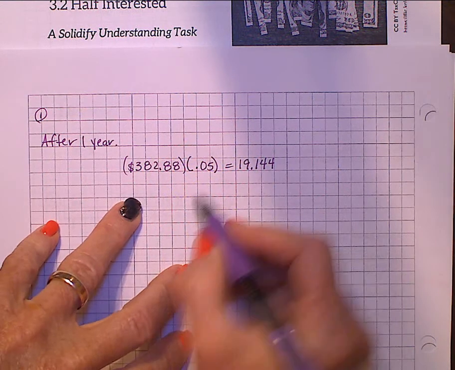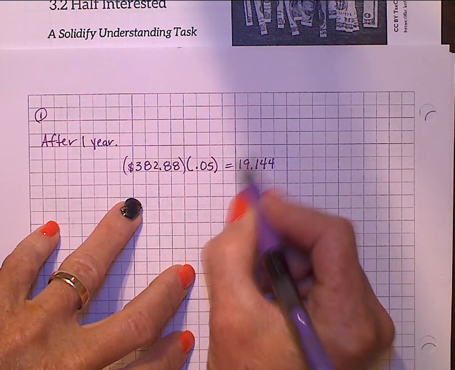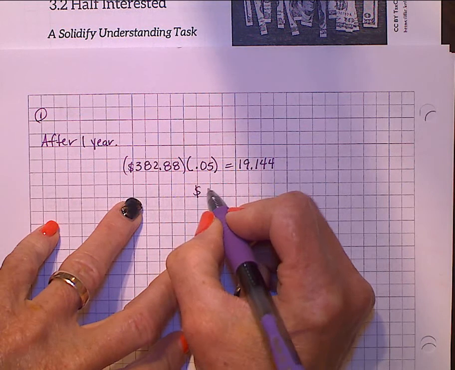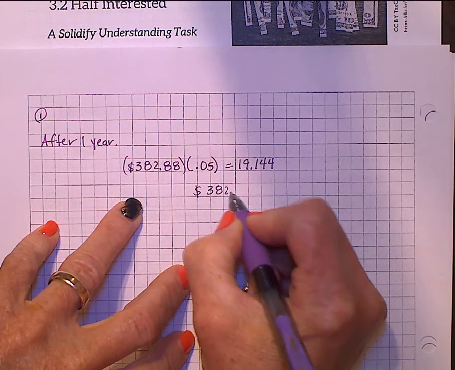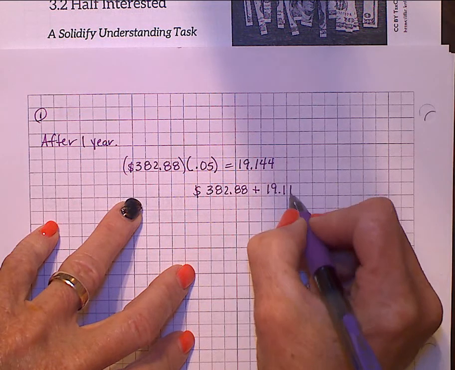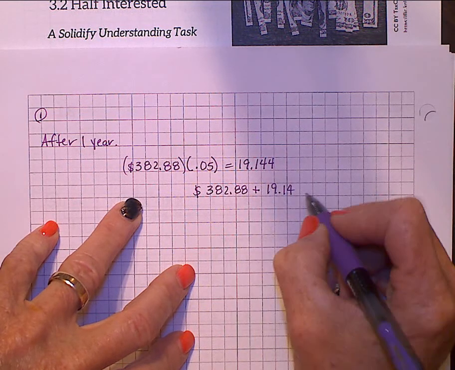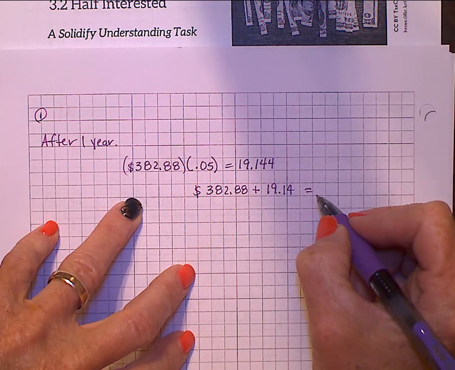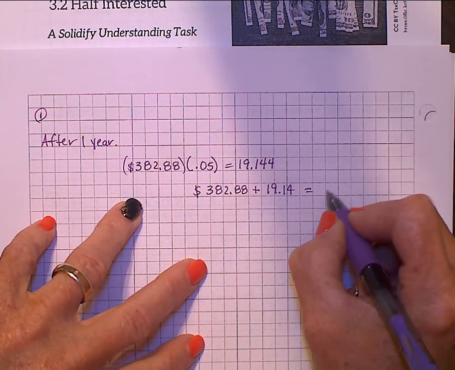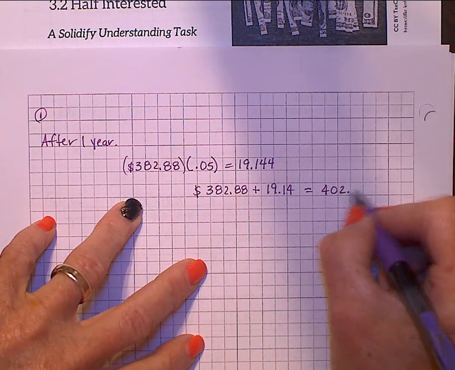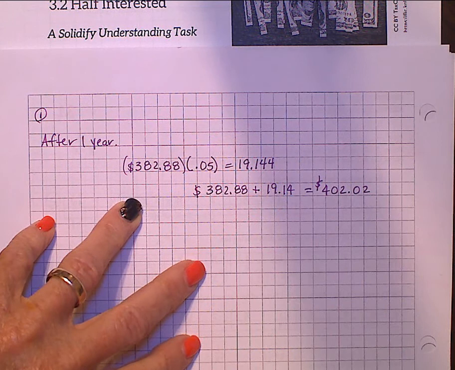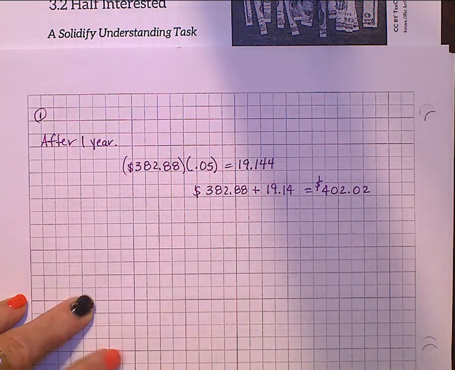So that's the amount of interest that they make. So how much money is going to be in the account is going to be the original amount, $382.88 plus $19.14, which is $402.02. That's after 1 year. After a second year,